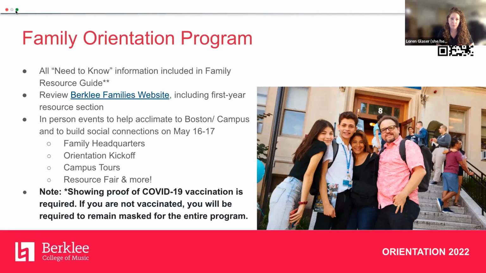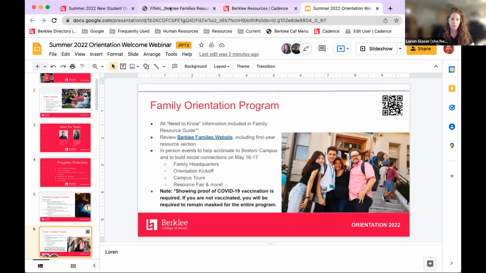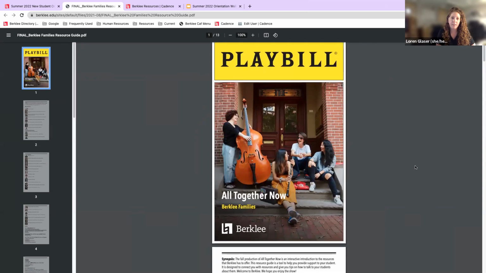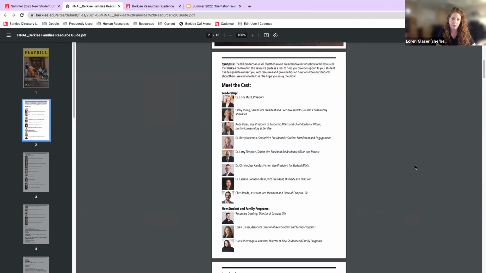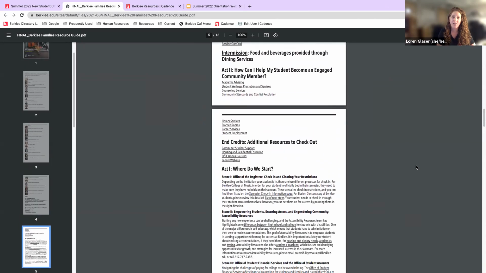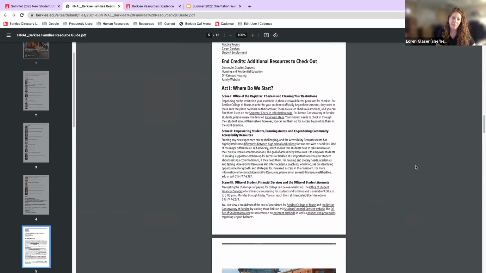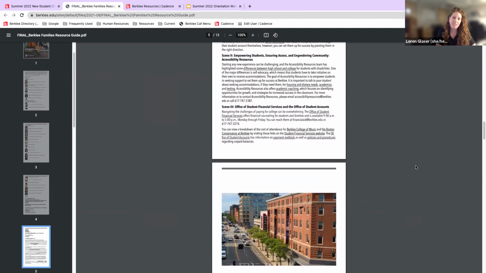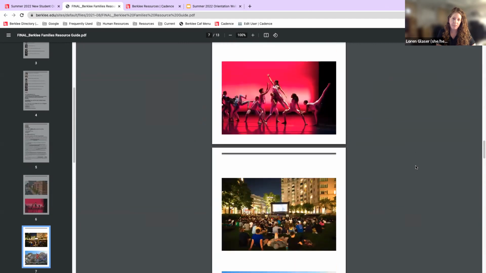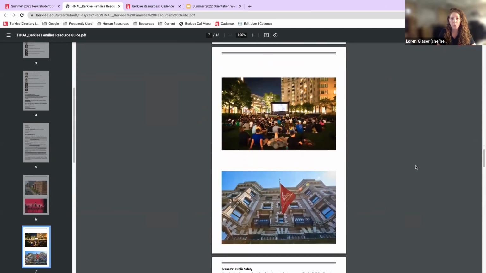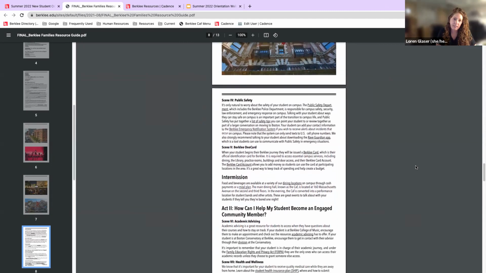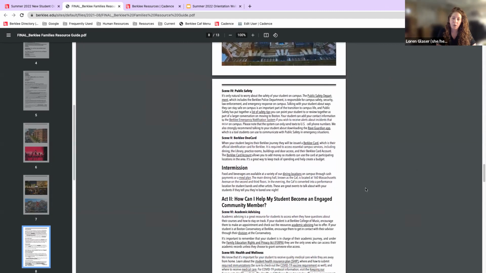So in our family resource guide. So I'll have Natalie pause here and we'll pull that up really quick. But you should be able to see on the screen what our family resource guide looks like. It's designed in a playbill fashion, so a little bit more fun and very Berkeley oriented. And so this is really your one-stop shop for Berkeley parents and families to find out everything there is to know about different resources. So as you can see, there are different links to content.